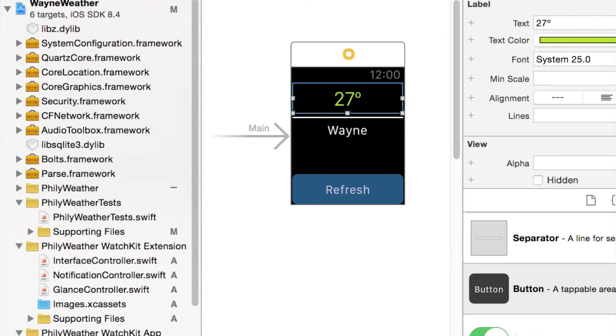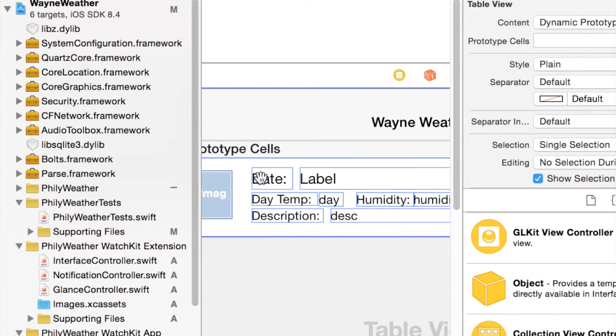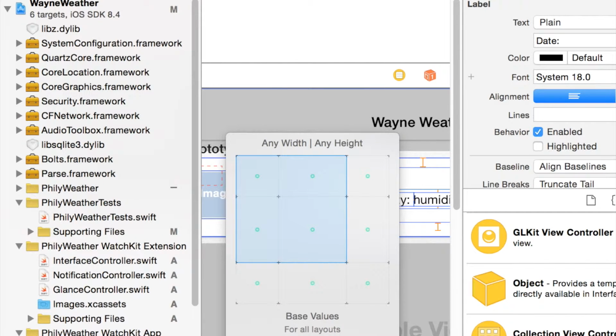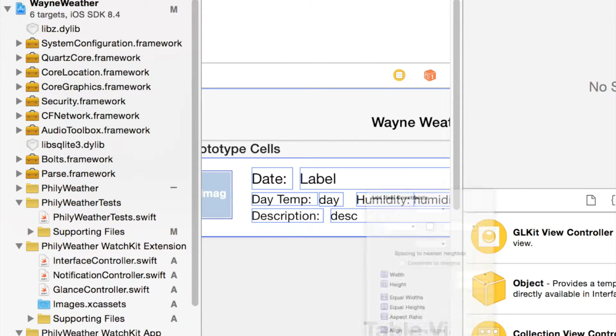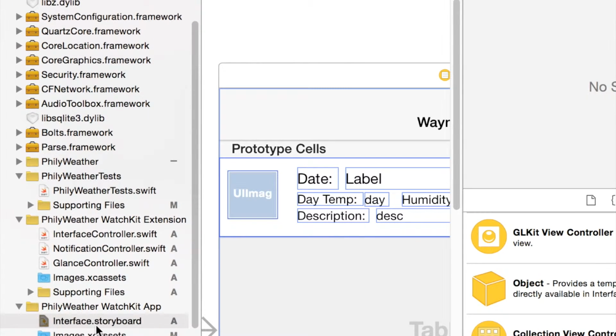For example, I drag in a label here and we cannot use the size class or the constraints shown below, just like in the iOS storyboard. Like this, this is an iOS storyboard. We can choose the size class or define the constraints, adding some new constraints to define the position of this item. However, in the WatchKit app,